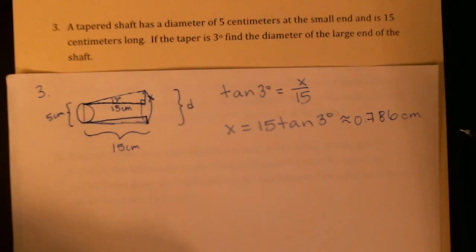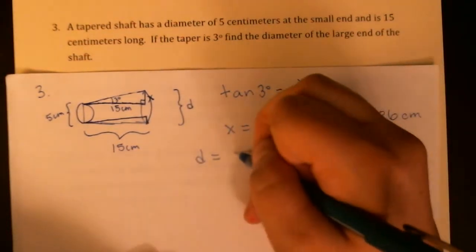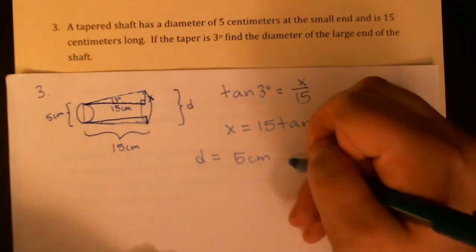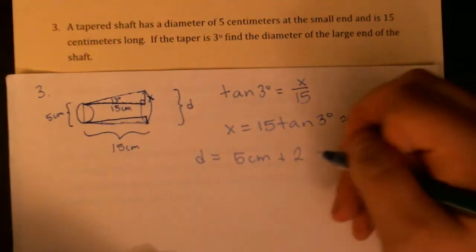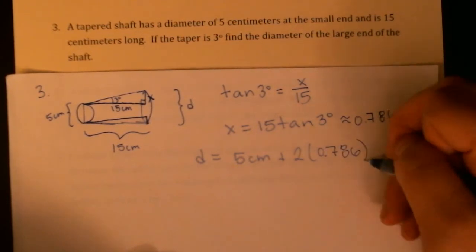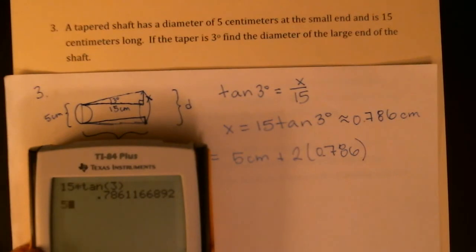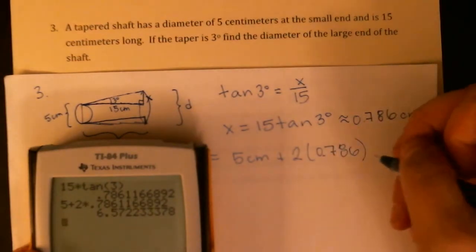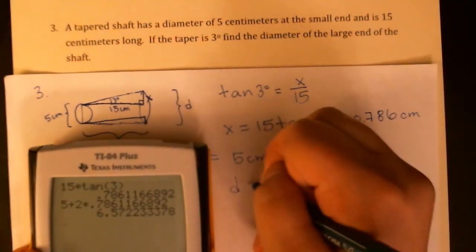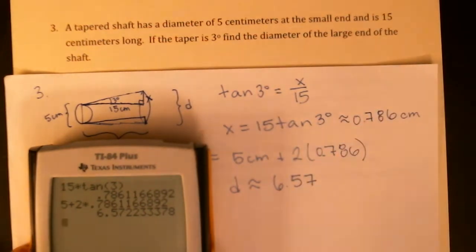So if we'd like to know the full diameter, it's going to be the 5 centimeters in the middle plus 2 of those 0.786 centimeter pieces at the top and bottom. And we'll use the unrounded answer we just computed to avoid any extra rounding, which means our diameter is about 6.57